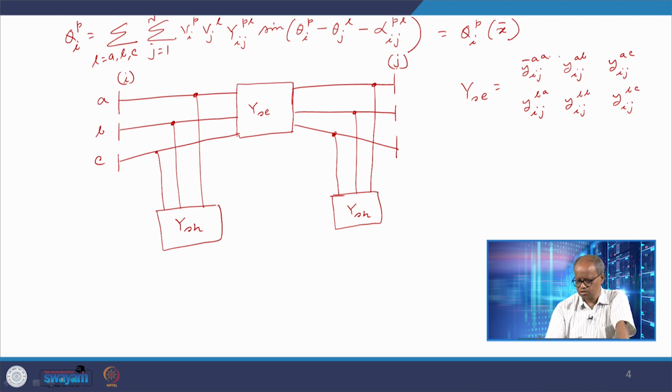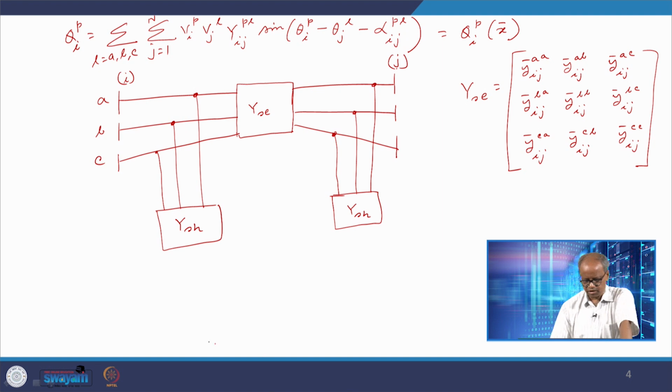Please note all these are complex quantities, and Y IJ CA, Y IJ CB, Y IJ CC. So, this is the series matrix,